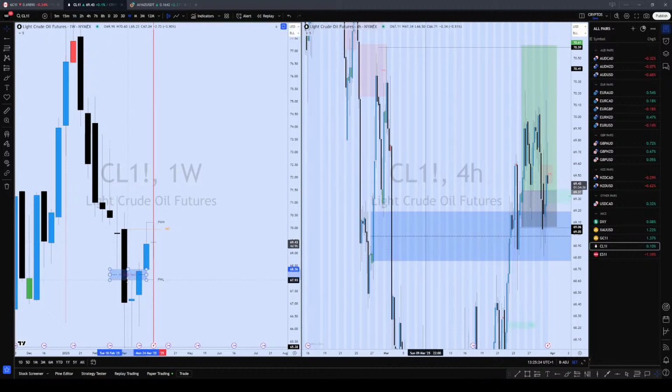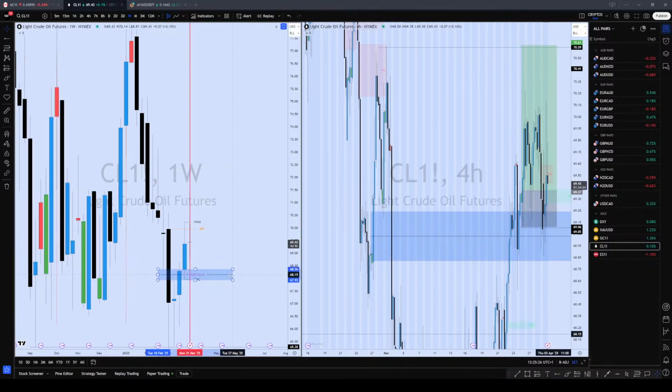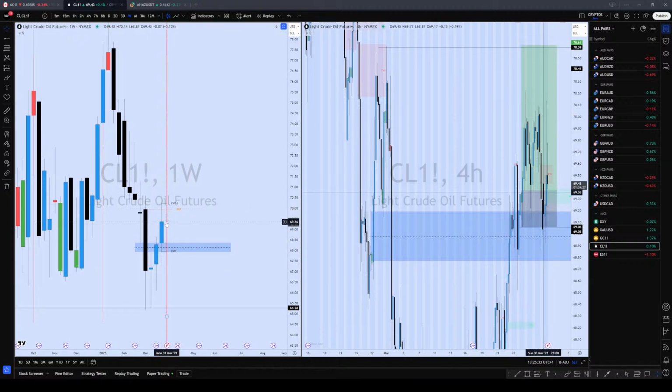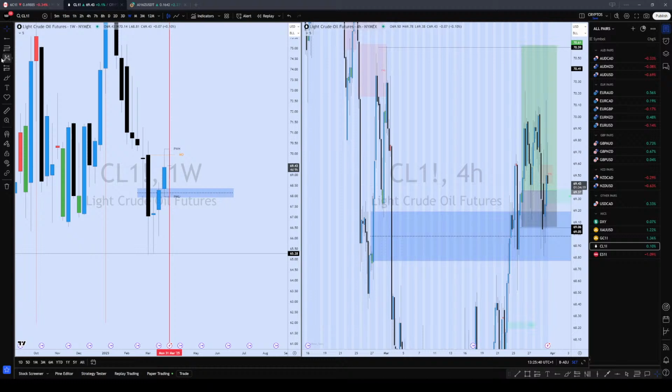Okay, that one. That's the only good thing that is done. So this gap here can act as resistance when we start the new month or the new quarter. We can see price come here and then go up, or they can come back down to take this one out again and then break the up candle. Okay, so that's a possibility. Hence, we are going to wait and see how the first week is going to trade.